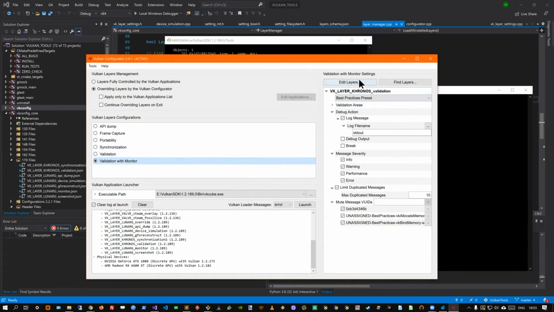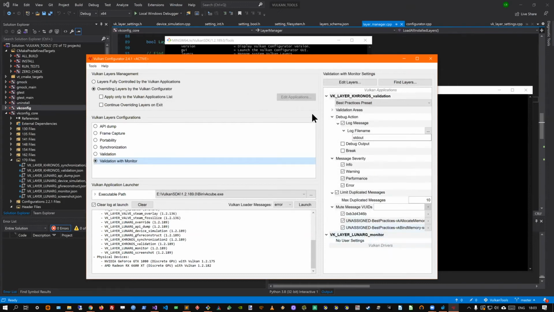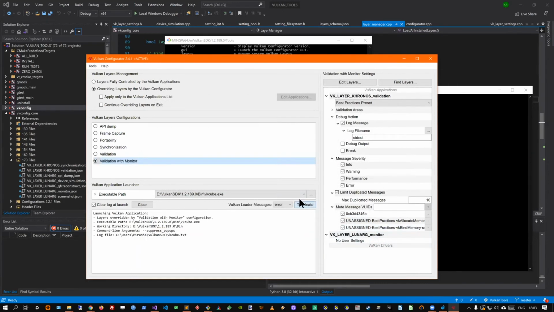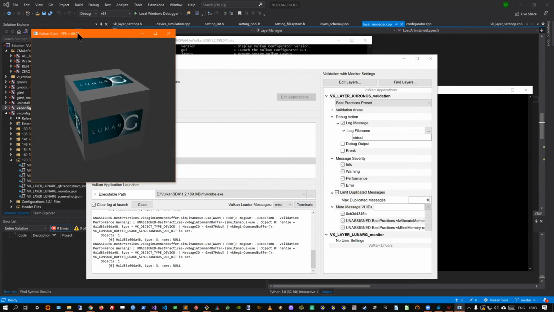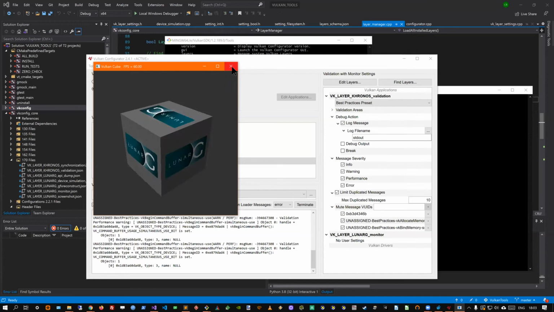It's exactly the same, but now I'm going to add another layer, and I'm going to use this one. I can order the layers if I want. I think this order is best, so I'm going to keep it this way. And now I have the monitor layer. So if I launch VKCube, now we see we have a very basic counter. This is maybe not the most useful layer, but it exists.